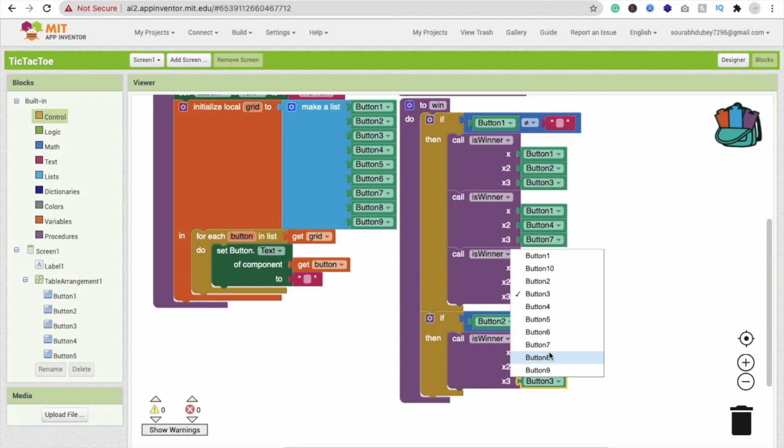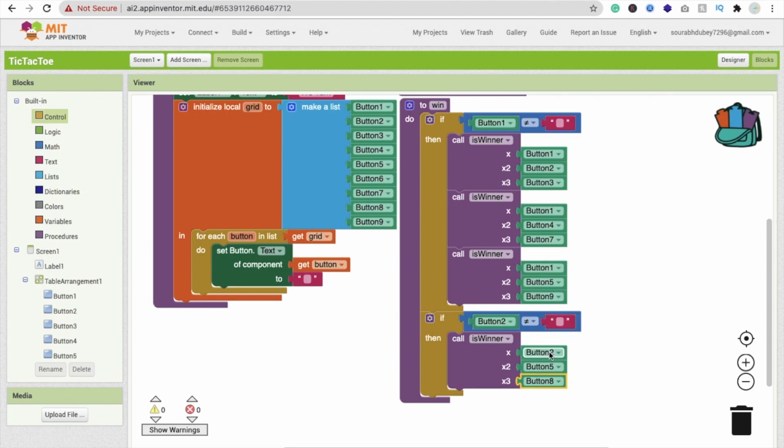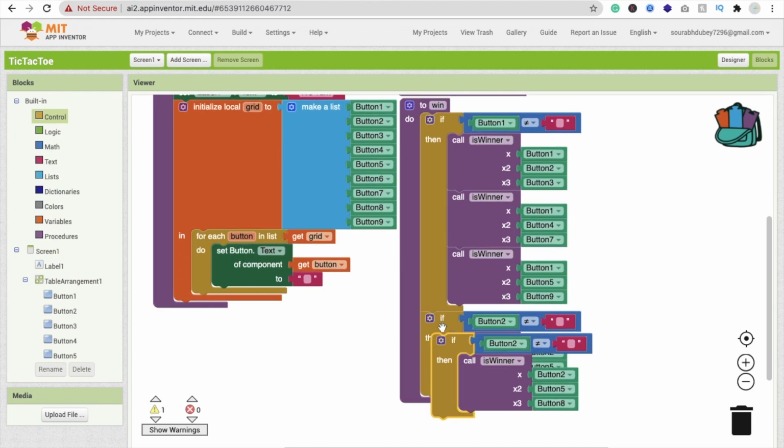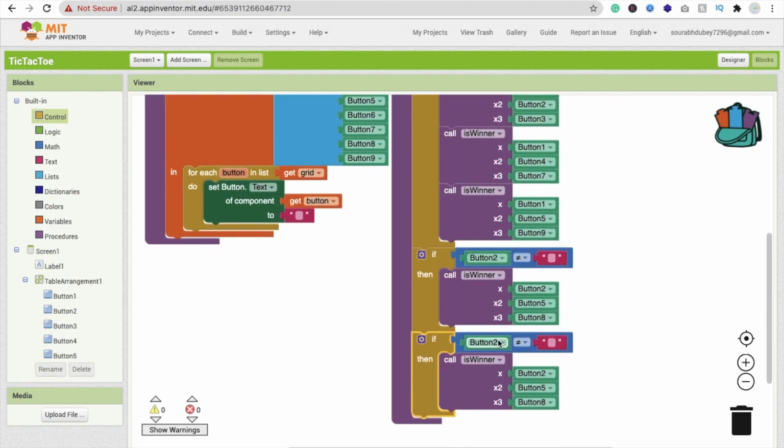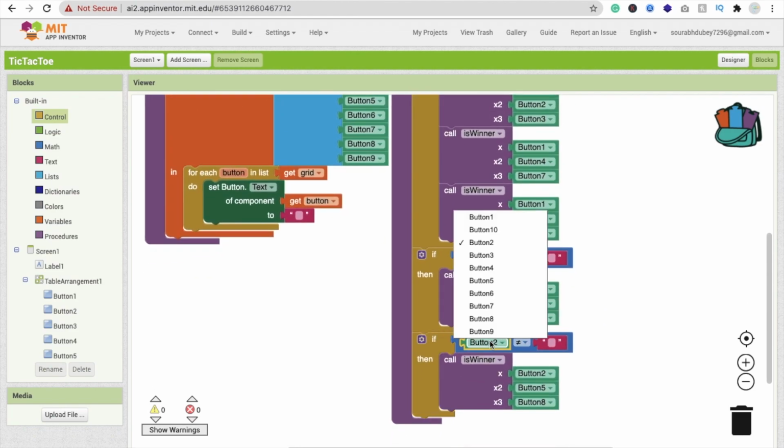That's the possibilities from button 2, first one. And any other possibilities? No, there are no other possibilities from button 2, right? Then we will just copy and paste this whole if-else condition, and we will call it for button 3. Just click on this button 3.